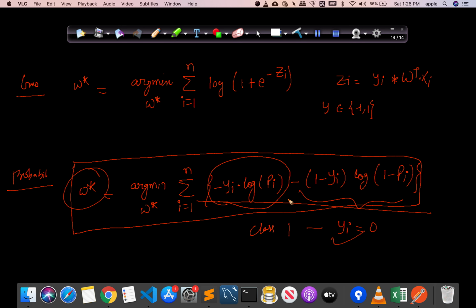So for now, this is the geometric formulation, this is the probabilistic formulation, and both of these are equivalent. That means both are equal. If you are curious to know that, do let me know in the comments, and I will make another video to show how these two equations are equivalent to each other. For now, this is done, and in the next video I will show you what you want to interpret from W. What is W actually doing? Then we will move on to the coding part, where we will code this algorithm and also use it to train on some data.